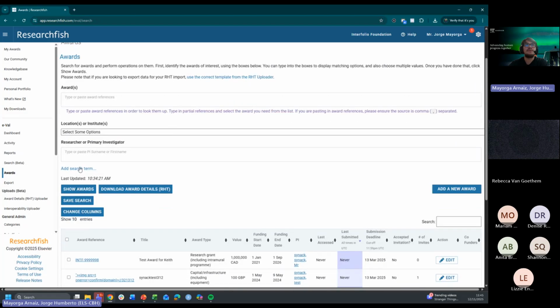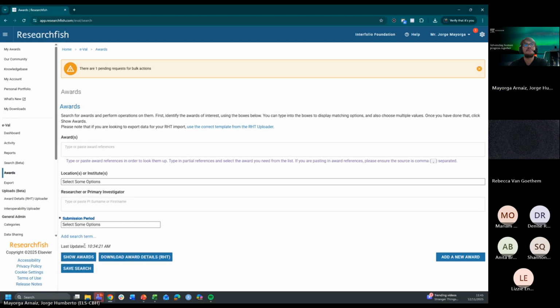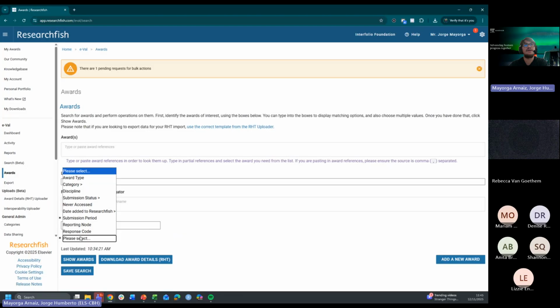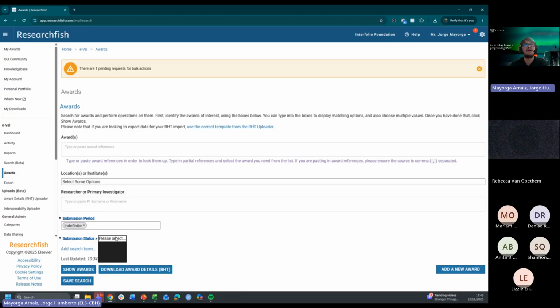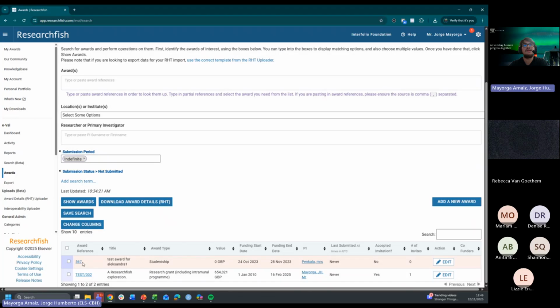One thing you can also do is to add a search term to the filter. So if you wish to check on the submission period, let's do the indefinite one. And then let's add the ones where submission status is not submitted. Once you've selected the filters, you can click on show awards. And then it will show you those 2 awards that have been added to the indefinite submission period and that have not submitted yet,